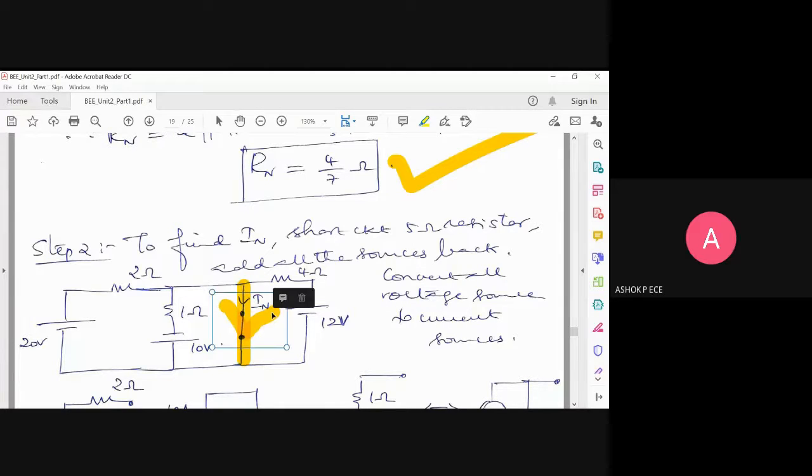Because a short circuit has zero resistance, the entire current will flow through the short circuit, right? The easiest way is to go for current. You also see here voltage source in series with resistance, voltage source in series with resistance, voltage source in series with resistance. So you have the proper combination here. So the easiest method will be to find the current.